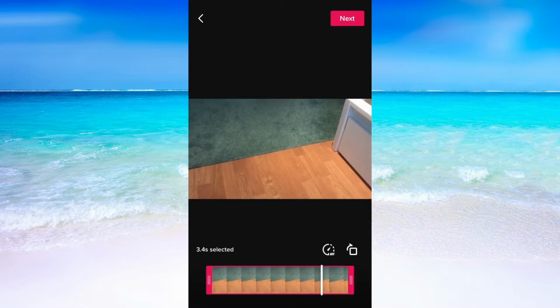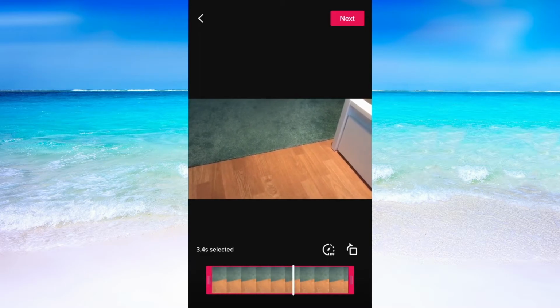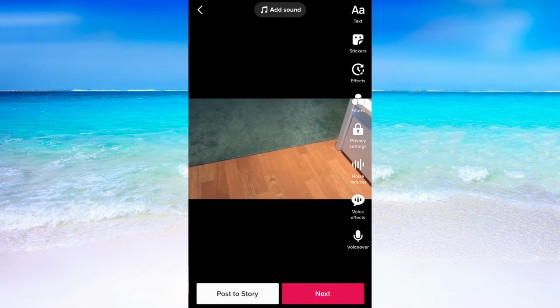If you don't have the rotate symbol on your TikTok app, then it's probably because the video that you have is not filmed horizontally. You will need to film your video horizontally, and after that you will get the rotate